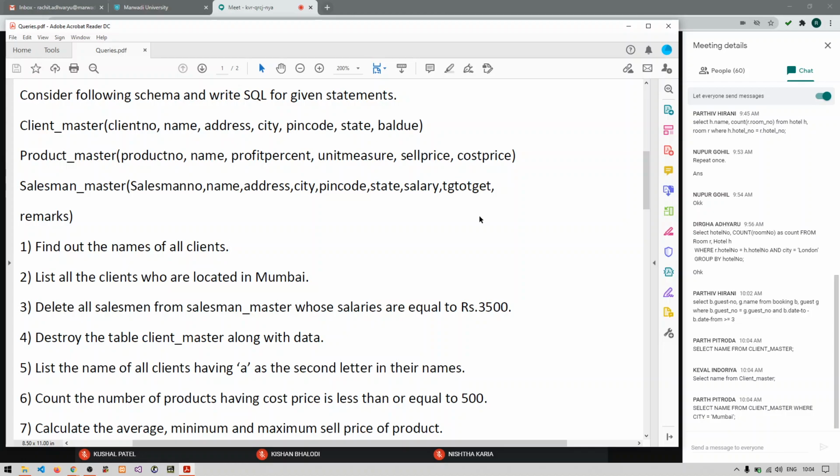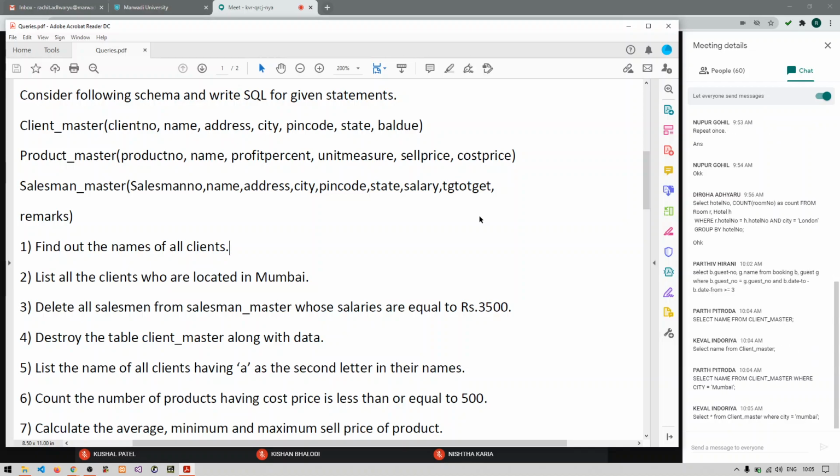Select name from client master where city equals to Mumbai. Yes, very good.